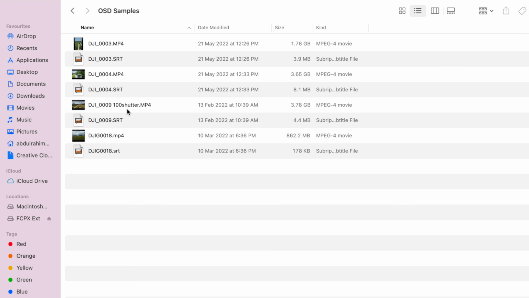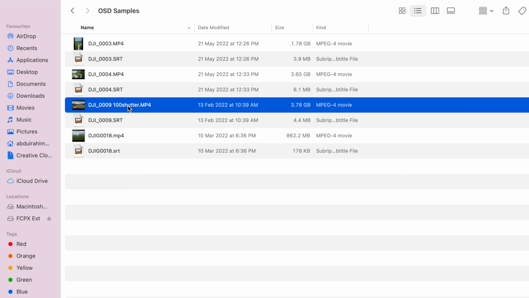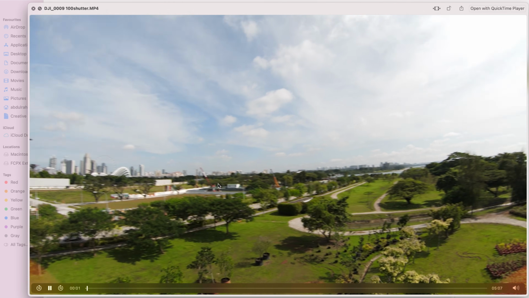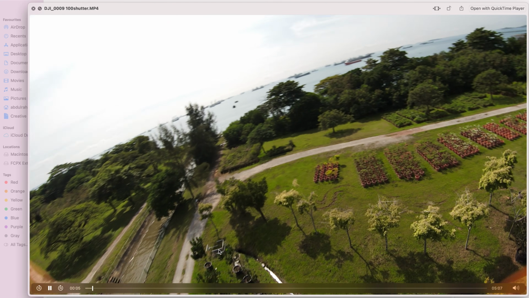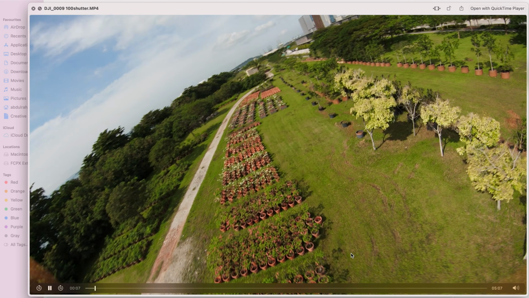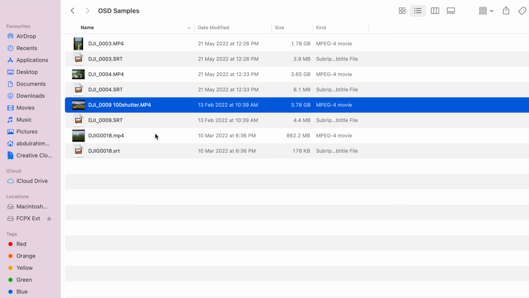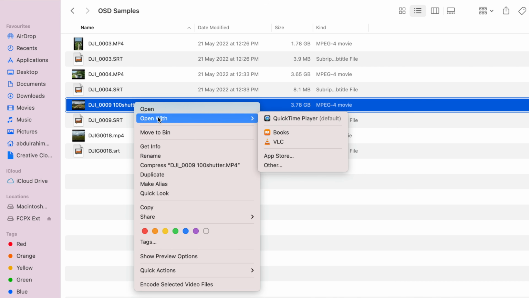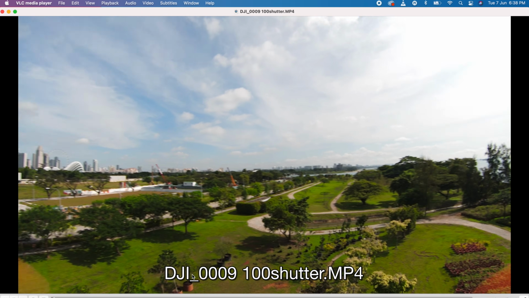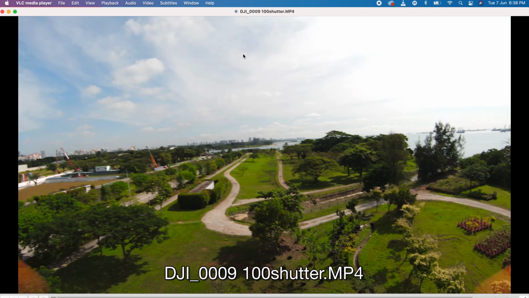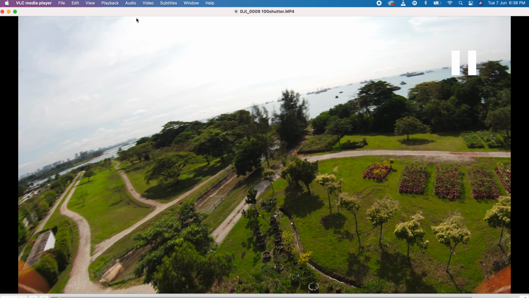So let's say I want to play clip 09. If I were to just play it with QuickTime, you won't have the option to see the captions, right? Normally captions or subtitles will appear at the bottom here, but if I were to open it with a separate program, which is VLC, yes, you don't see anything here, but actually, okay, let me just pause this, and then under subtitles you can